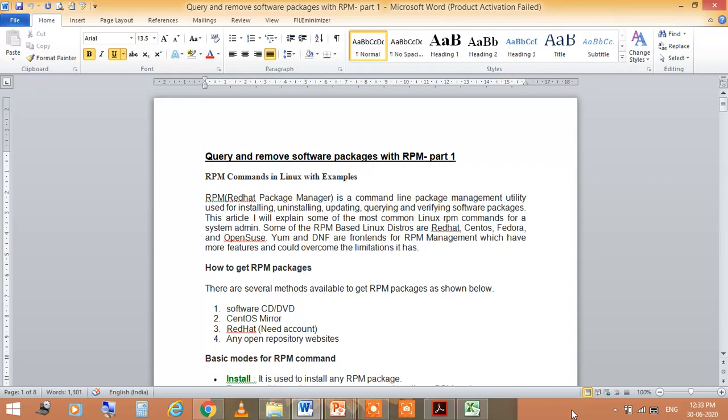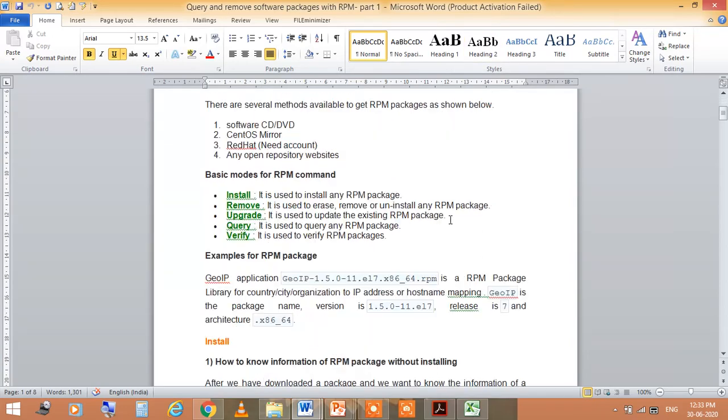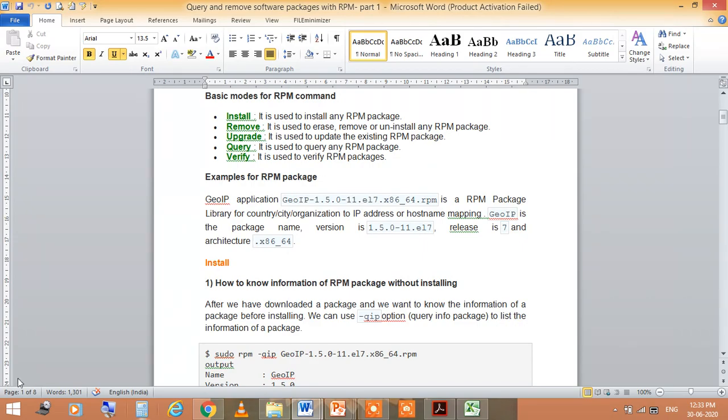Now, how to get RPM packages? There are several methods available to get the RPM packages as shown below. The first is the software CD or DVD, the CentOS mirror, a Red Hat Network account, and open repository websites. The basic modes for RPM commands are: install, remove, upgrade, query or